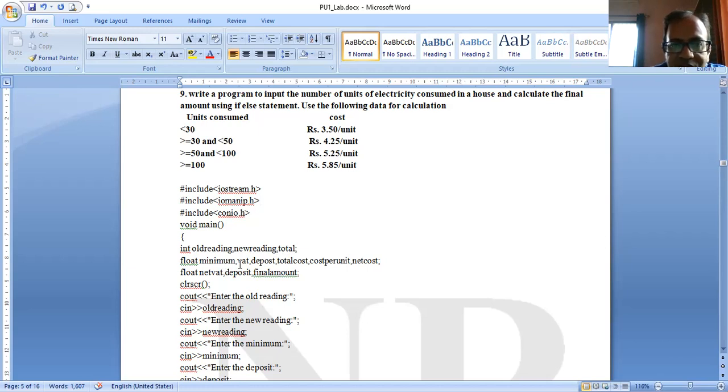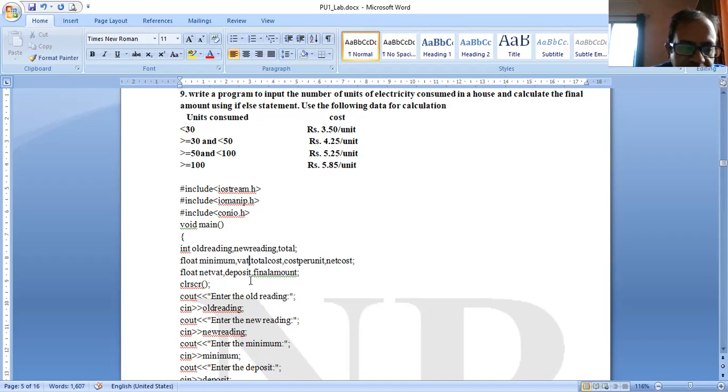They have given some VAT also, which we calculate using VAT, how much amount you have to give, then the deposit. Here I can declare deposit twice. Then VAT, total cost, and cost per unit, which is given in the constraints. And net cost: the total cost multiplied by the VAT percentage.